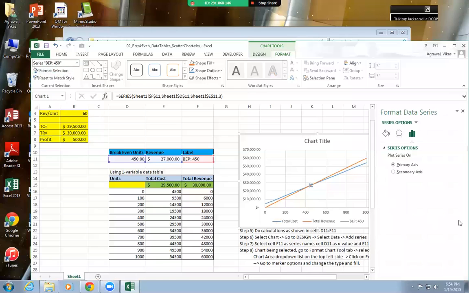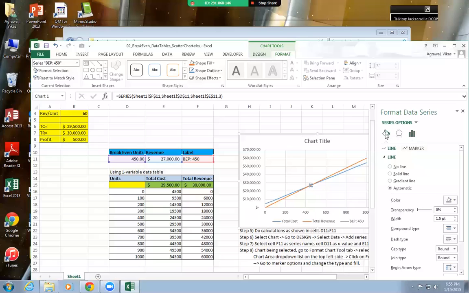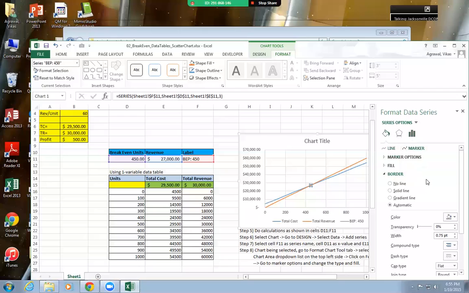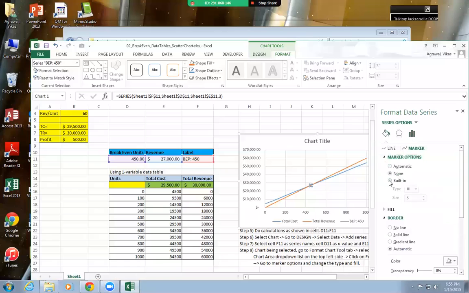All right. So this will open up this dialog box here, and all I need to do is make the marker solid and give it a color. So I would go to this particular option here, fill and line, click on marker, then go to the marker options. You can use built-in.